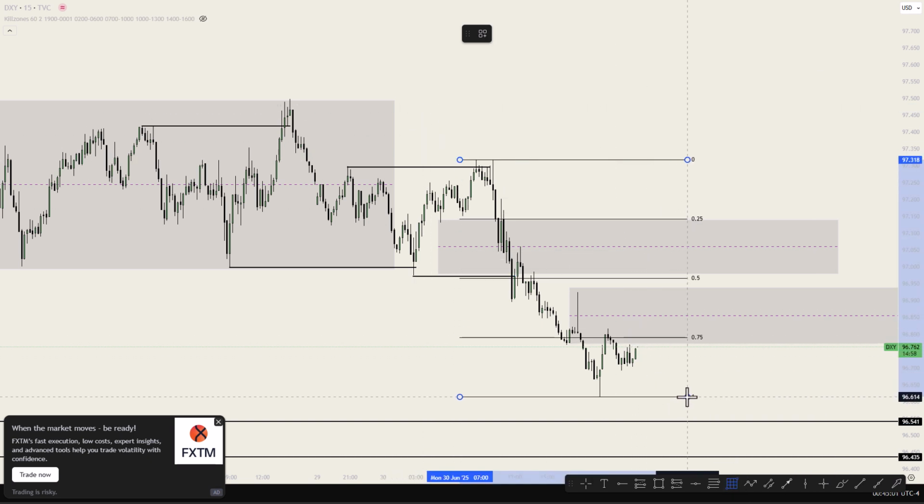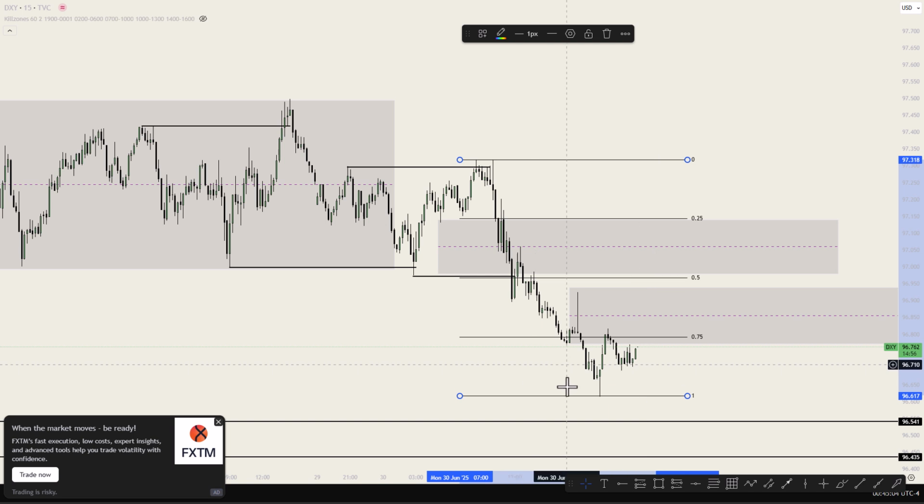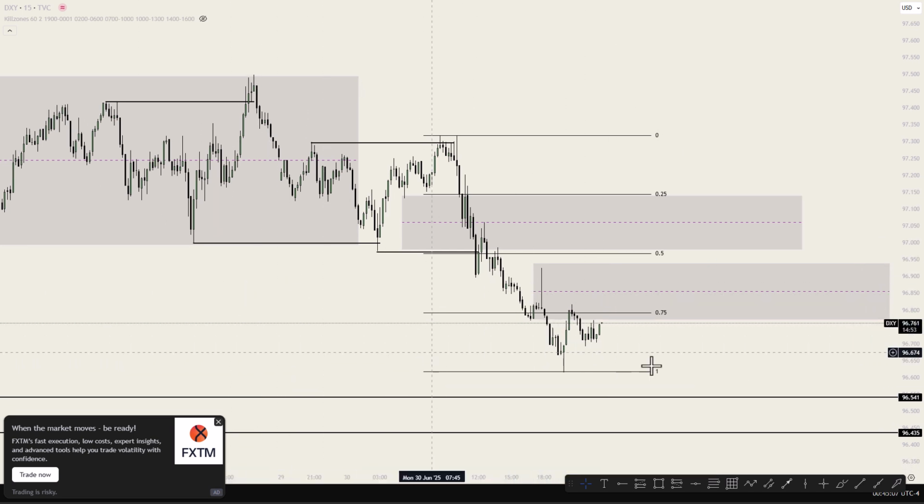We might likely see this price range, but based on the price range grading rule, we might see price retracing from the 75% level, and this is where the order block is. If we should violate this order block on the 4-hour time frame, we will likely see price coming into the 50%. But what I'm expecting to see is price